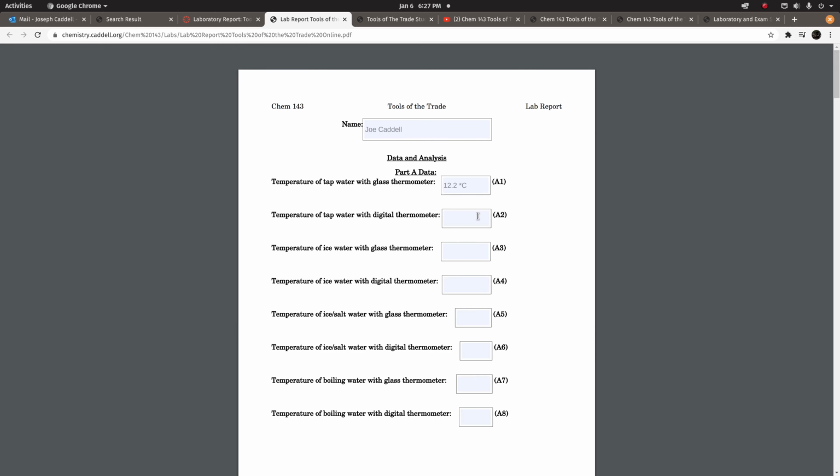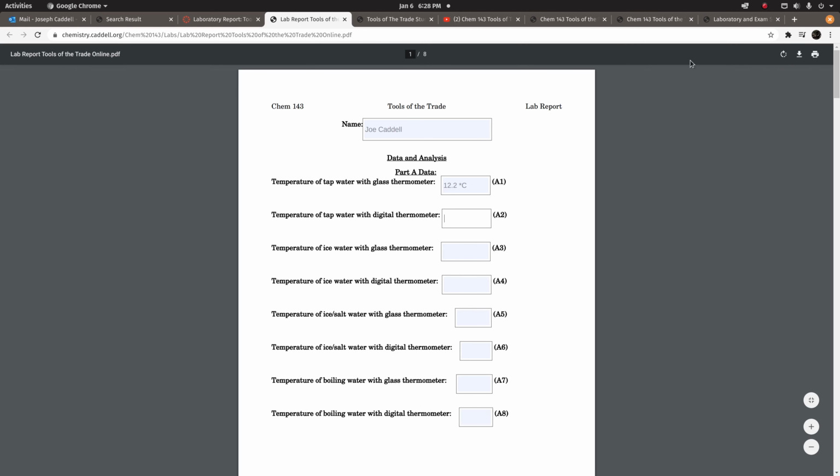So after you fill in all these boxes, well, first of all, before we do that, let's back up a second. What I recommend is before you start filling out these boxes, print this out and fill it in by hand, because if you navigate away from this page, you're going to lose all that data that you put in there. So fill it out by hand first. You're going to have questions. Ask me questions, do it ahead of time, and get everything figured out the way you think it's right. Just before you get ready to turn in, that's when you come back here and do it just like this. And you'll see this all in the video on how to turn in lab reports. But when you're done,